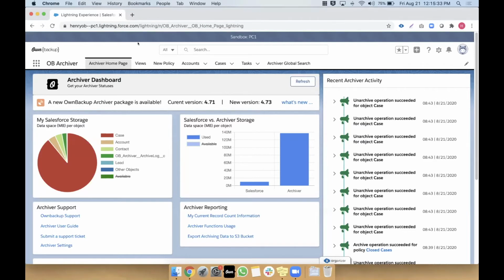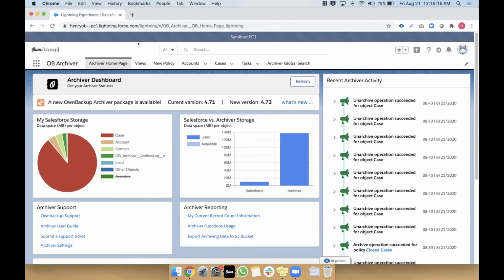Excellent. So the OwnBackup Archiver is a managed package that you install in your Salesforce environment. And the main reason OwnBackup built it that way is, as Matt said, we want to give you the ability to archive data out of Salesforce, but still interact with that data in your day-to-day within the Salesforce application. And I'd say there are really two different personalities that use the archiver in different ways, the administrator and the Salesforce end user. I want to take you all through how both of those personalities use the archiver to really enhance their Salesforce experience.